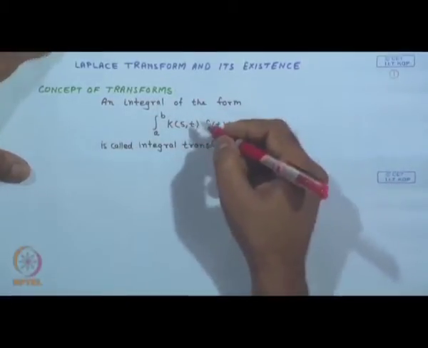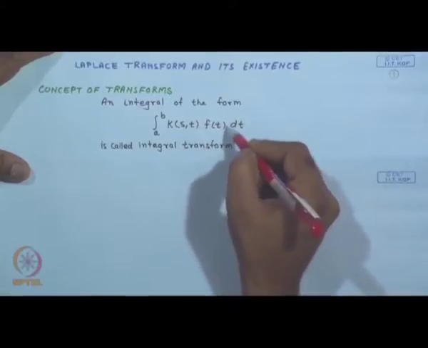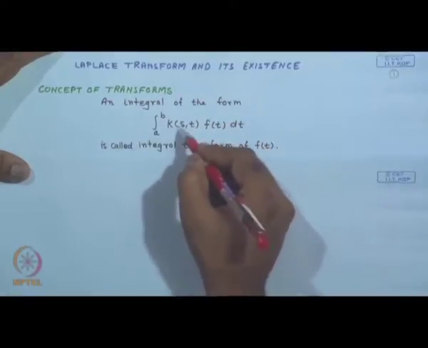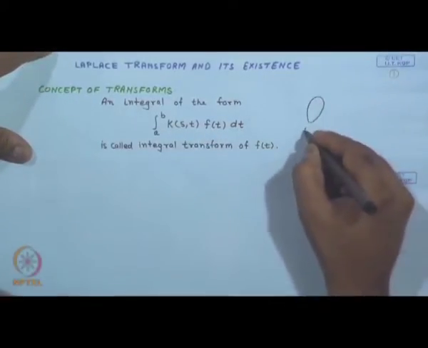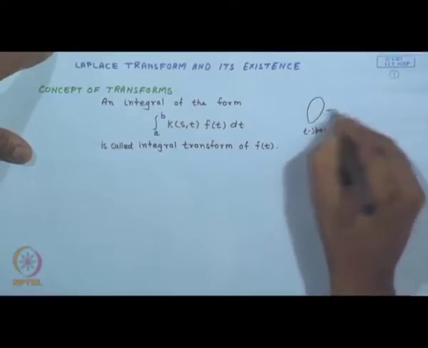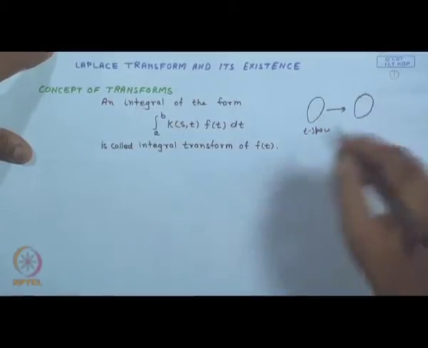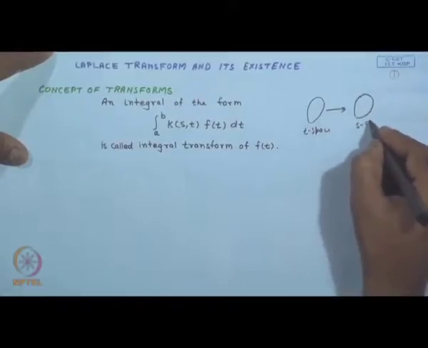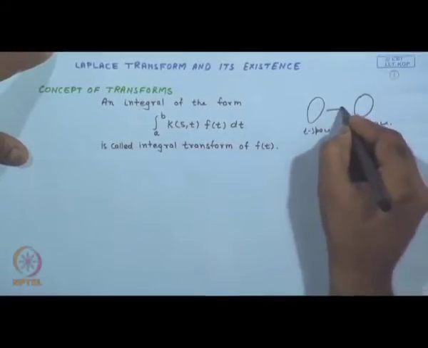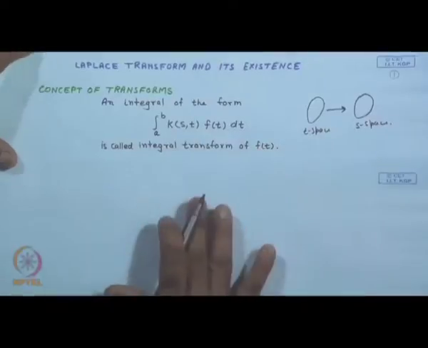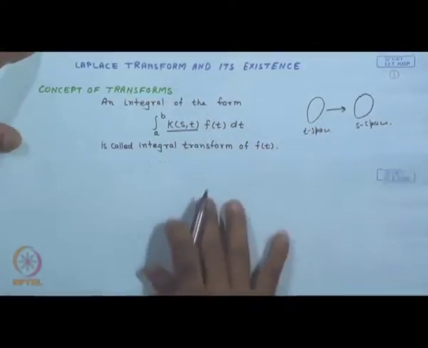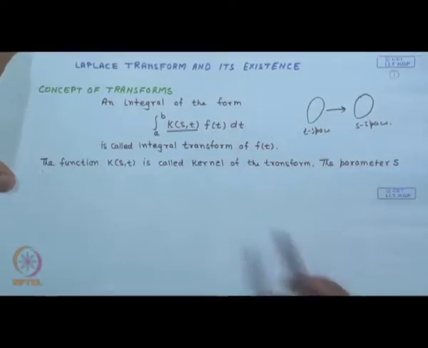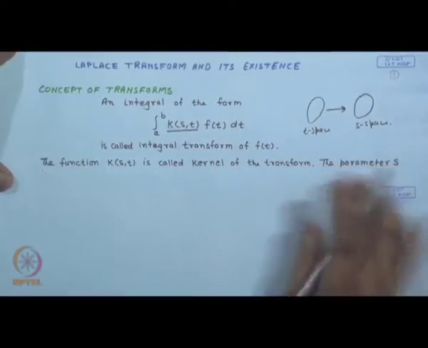So basically, the function f(t) is transformed to another space S. This is a transformation from the t space to the space S with this integral. Here the function k(s,t) is called the kernel of the transform, and the parameter